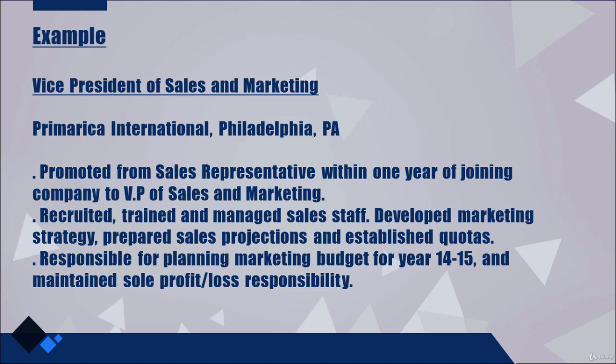Vice President of Sales and Marketing. This is the job title, under which the company name has been mentioned and below which the accomplishments have been listed. Here also the accomplishments can be a bulleted list or in paragraph form, but it is highly recommended to list them as a bullet list. You can spare a few seconds again to go through the example to understand how you can have your accomplishments written in this kind of format.